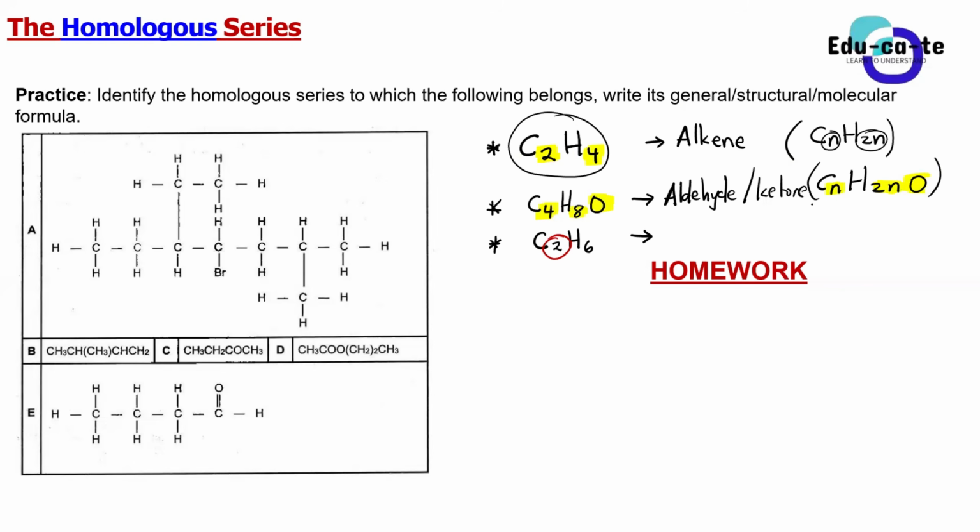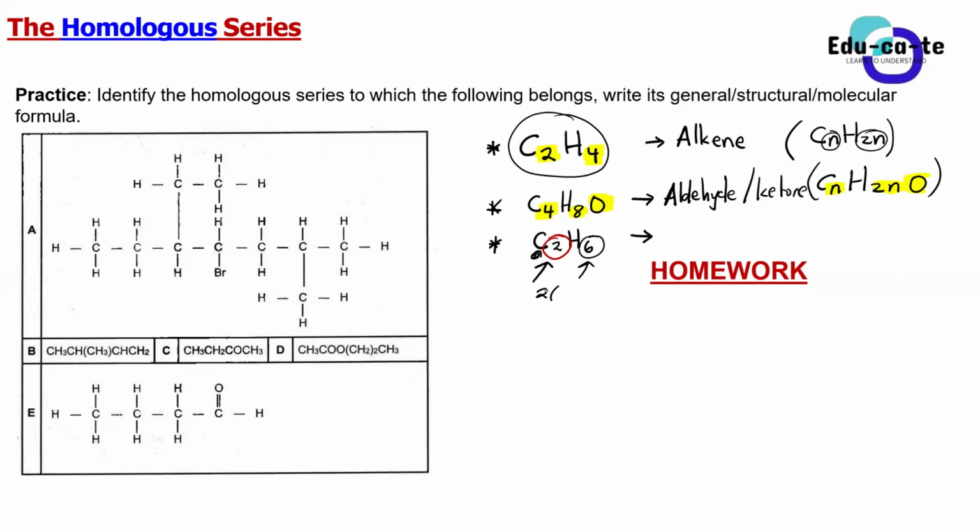Yes, guys, that's excellent. You can see that here we've got 2 carbon atoms, right? And we've got 6 hydrogen atoms. How can you relate 2 with 6? If you have been following our general formulas, you already know that this 2 is the number of carbon atoms. We usually use the letter N to represent it. So for you to get 6 from 2, you would have to say 2 times what?